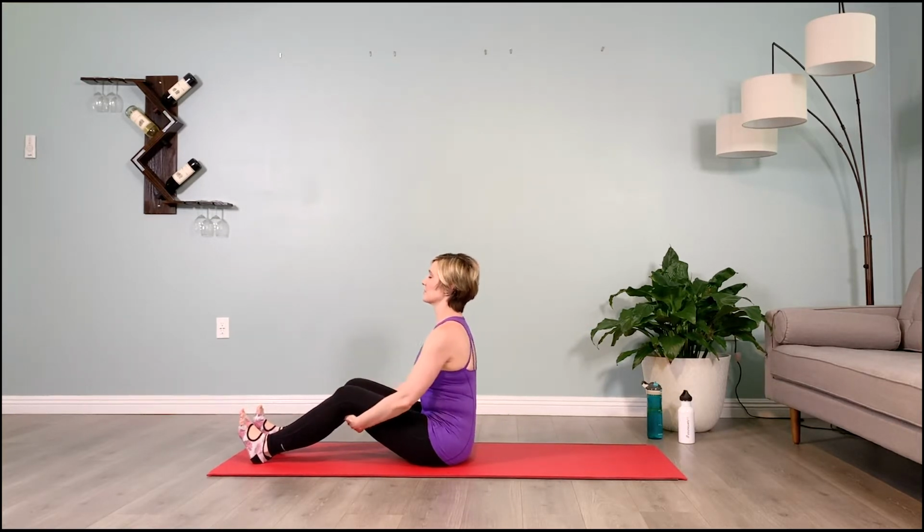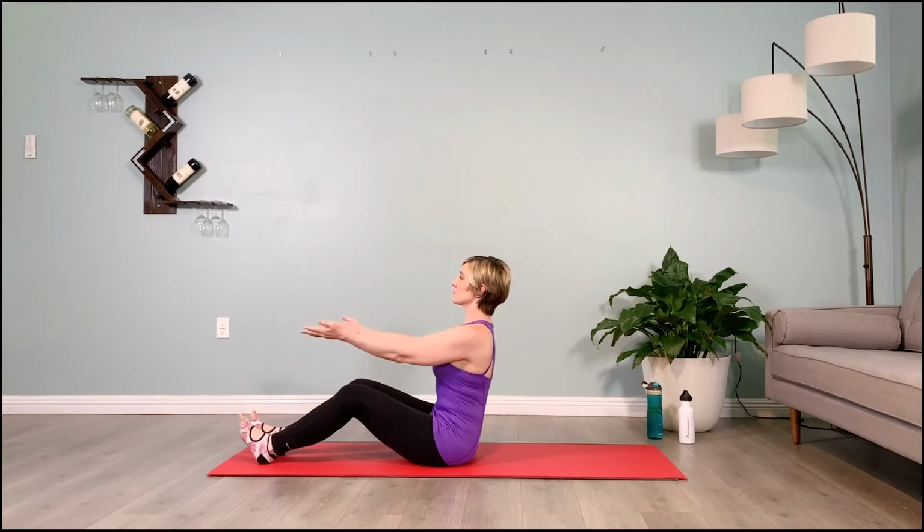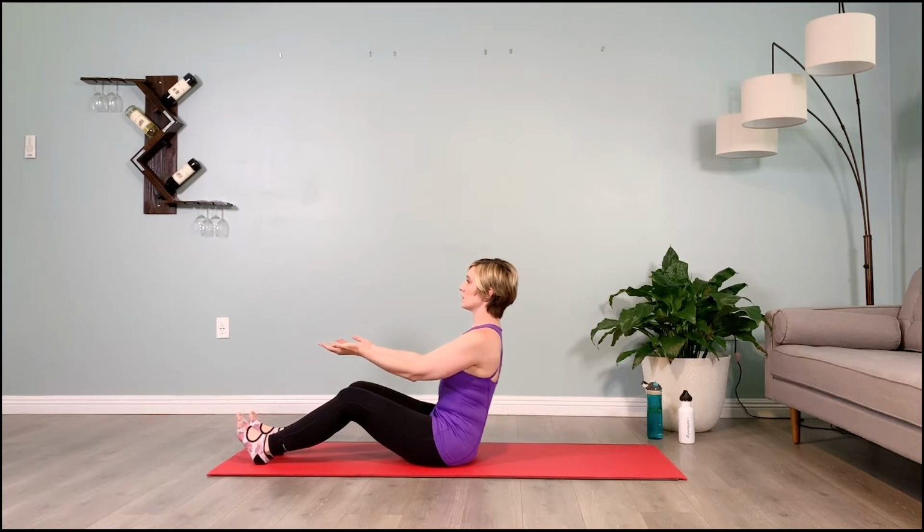Holding onto your shins. Tuck the chin to the chest. Relax. Inhale 1. Breathe. Exhale 1. Inhale 2. Exhale 2. Inhale 3. Exhale, lifting the chin. Bracing the low belly, hinging halfway back, hands behind the head this set, plug the shoulders